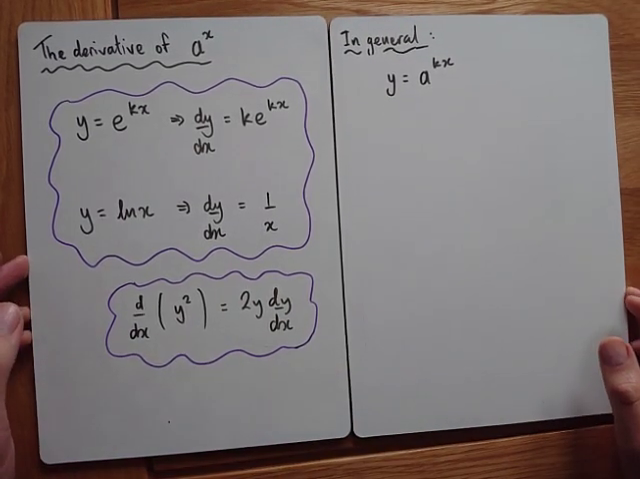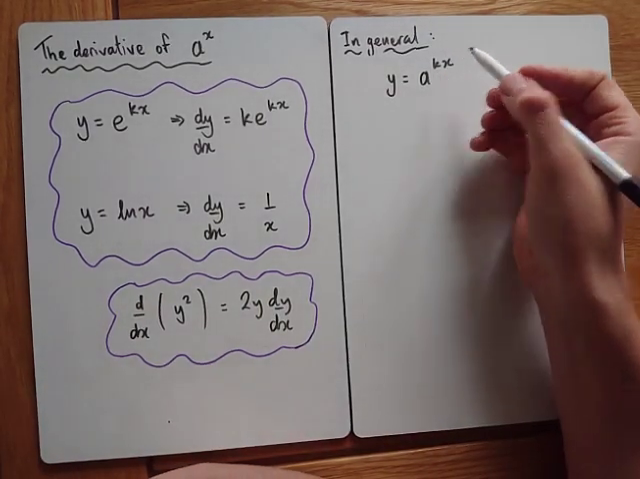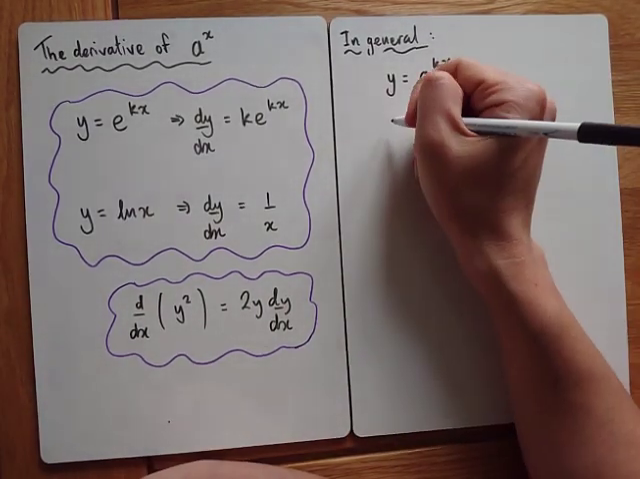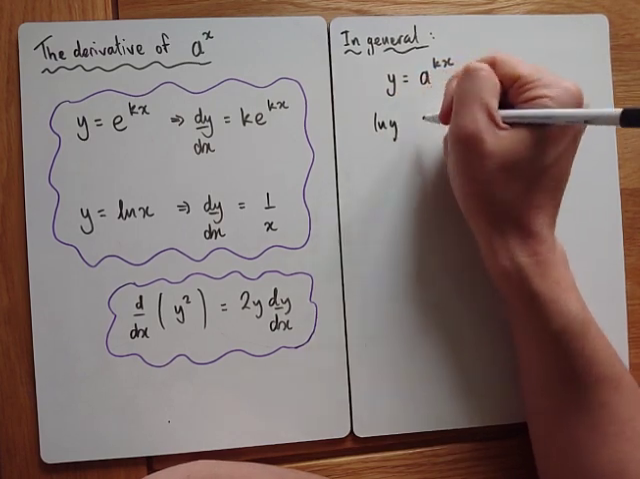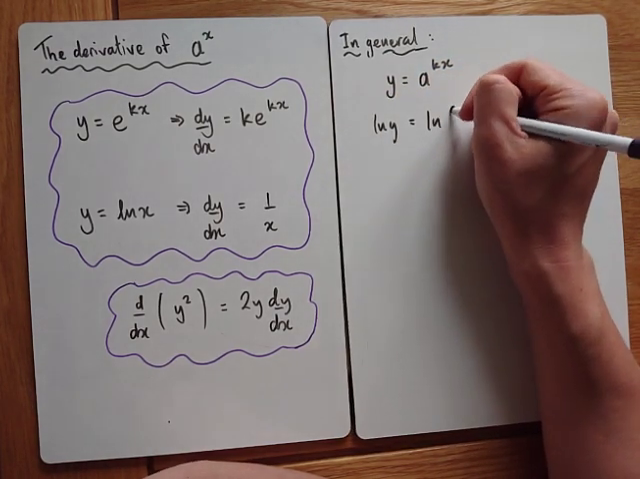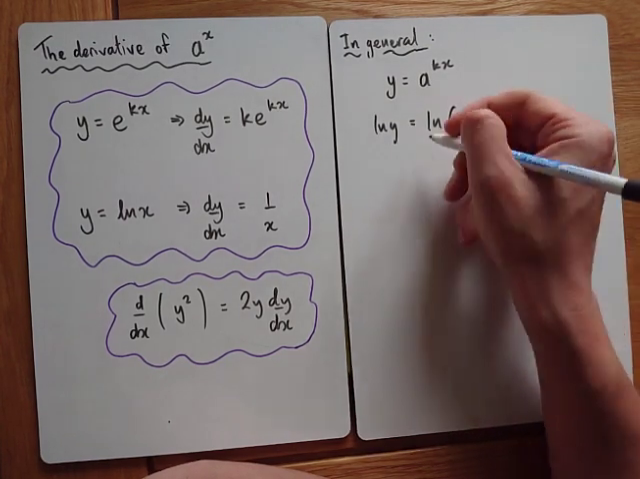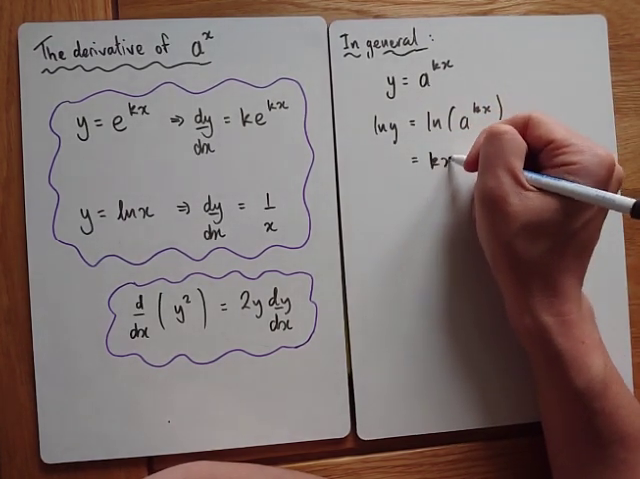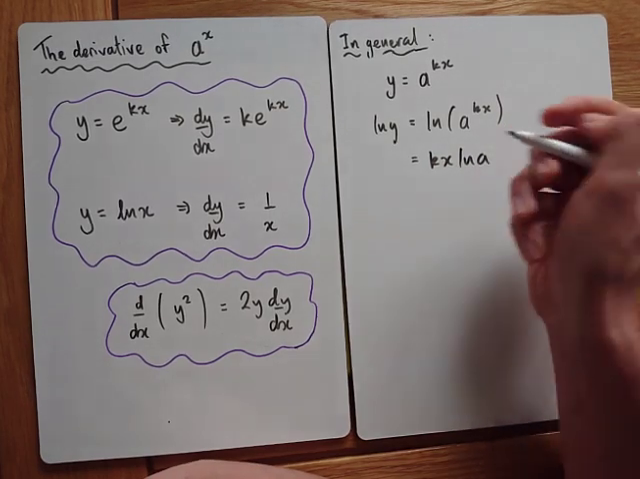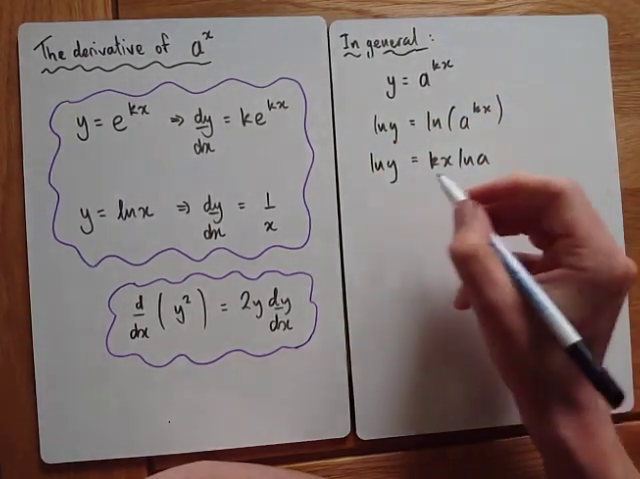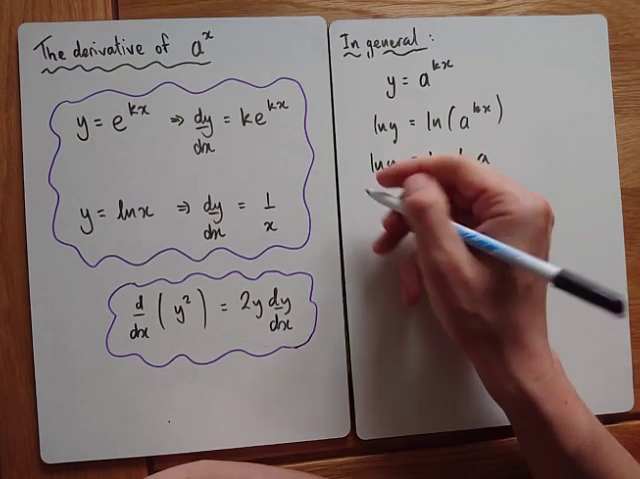One slight extension is it might be like a to the kx. We can do a very similar process. Take ln of both sides. Bring the power down. Then we differentiate both sides. So that'd be 1 over y